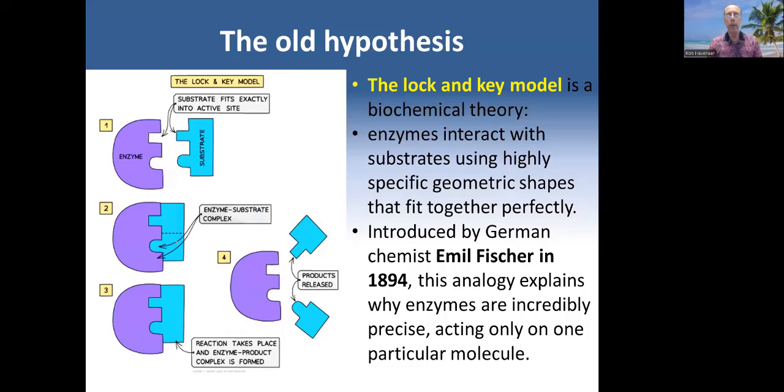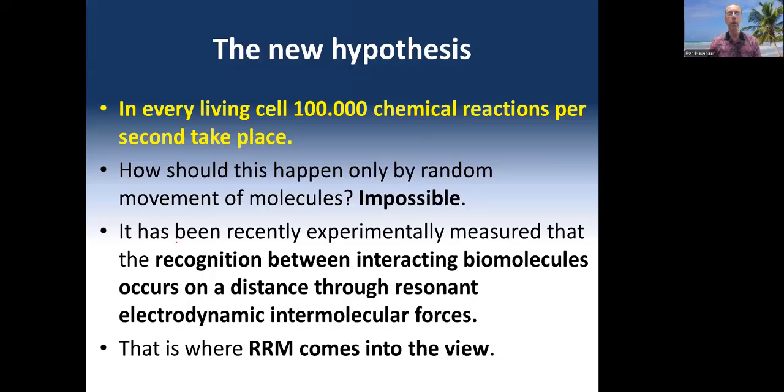The old hypothesis was that an enzyme was a lock and key model, they connect, break, and lose. But the new hypothesis is that the old hypothesis is no longer